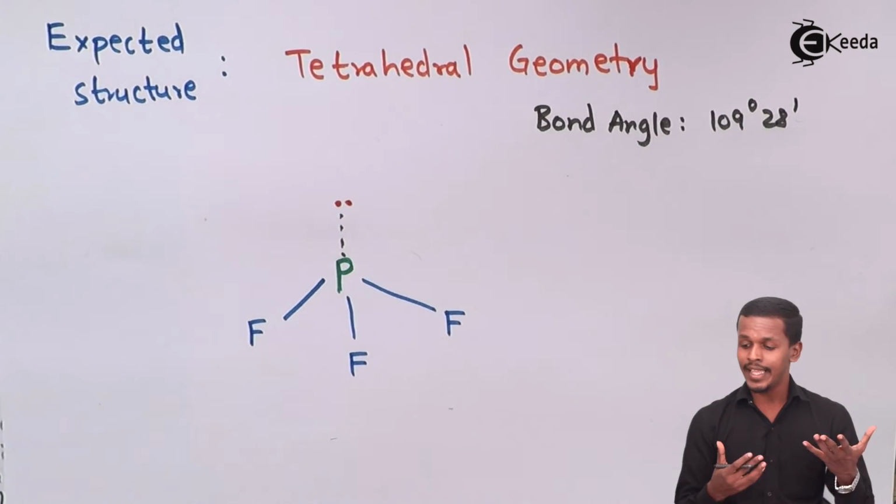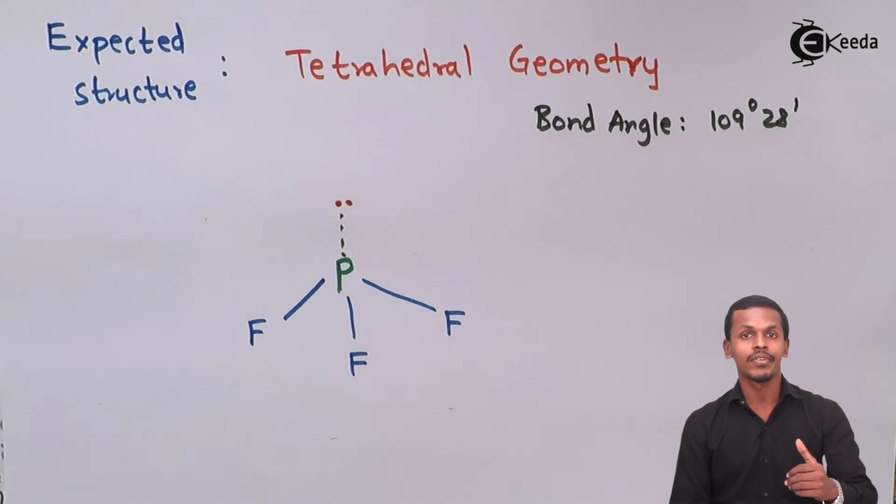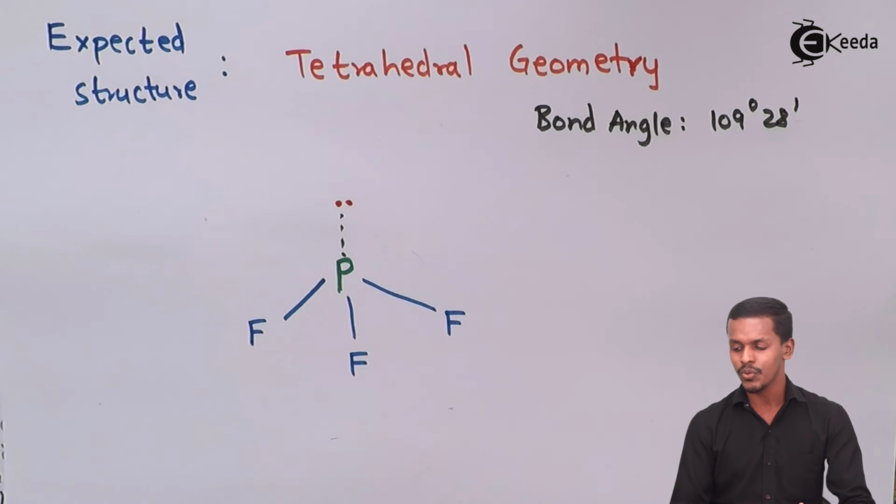That is the irregular tetrahedral geometry, having a bond angle that we have discussed in the geometry of methane. In that case we have also got to know that the bond angle is 109 degrees 28 minutes. But meanwhile, talking about this structure,